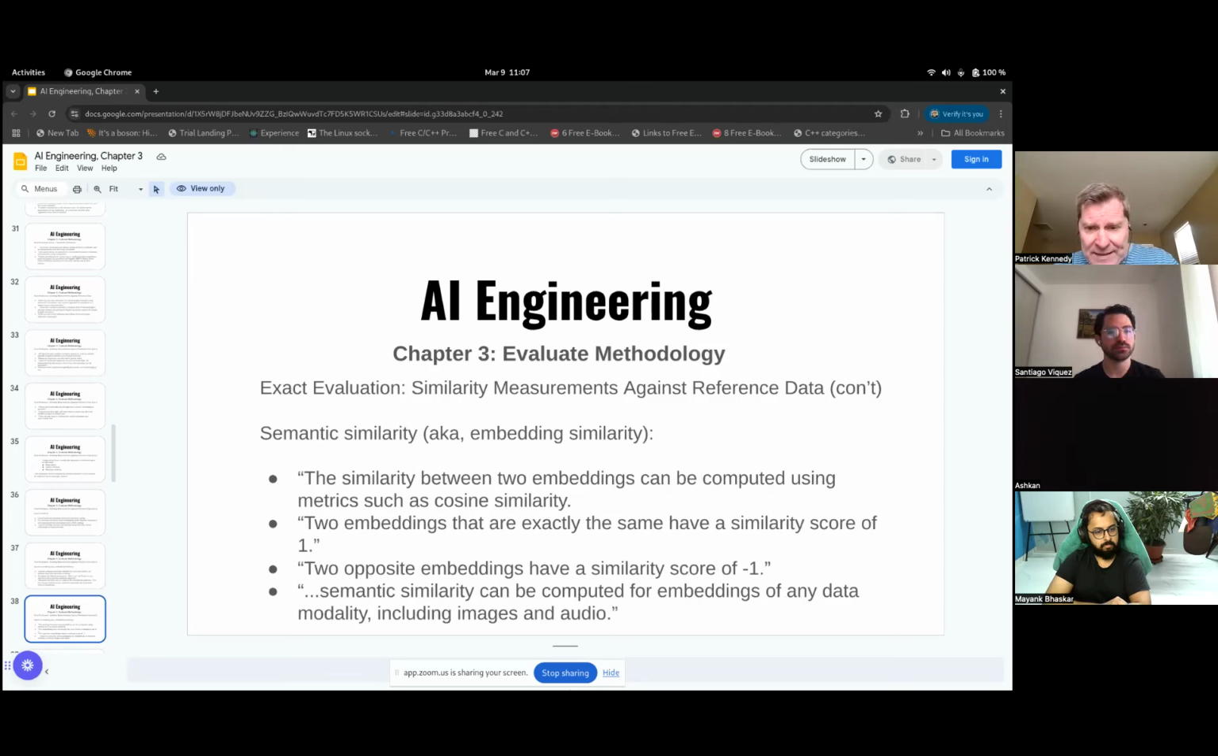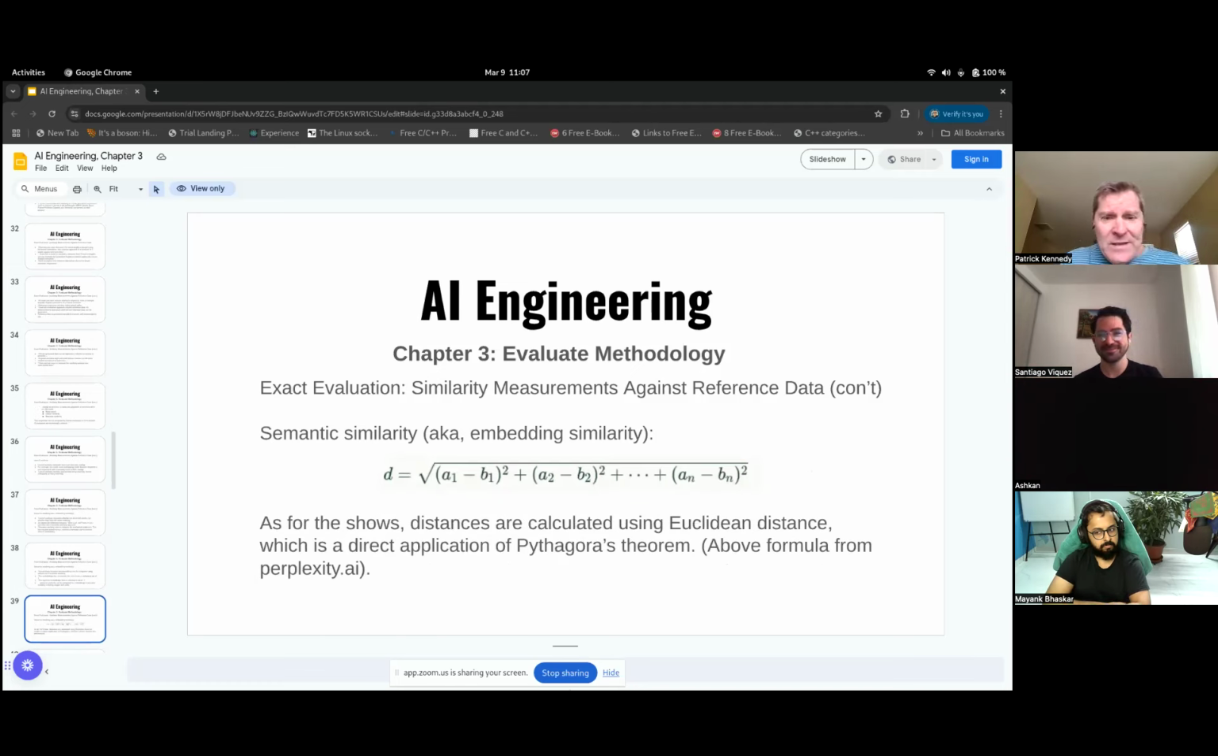So again, semantic similarity is more, but we've pretty much already discussed it. And it's like anything, you're just going to have to do more studies. I got a lot of slides here. So semantic similarity is like sometimes called embedding similarity. And so it's like the